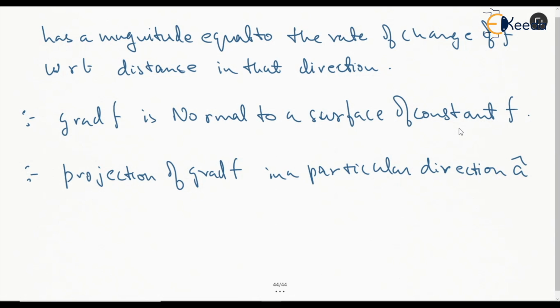And this is actually the directional derivative. So this directional derivative is given as the gradient of the field dotted, that is the dot product,